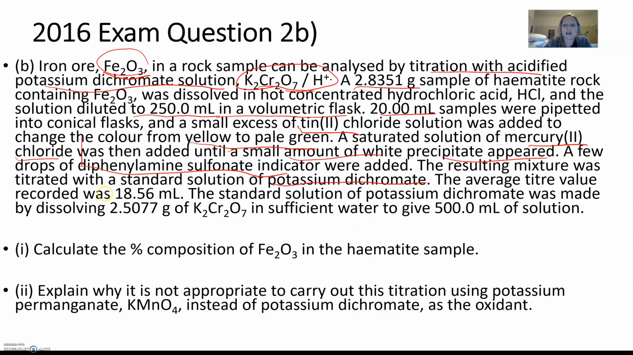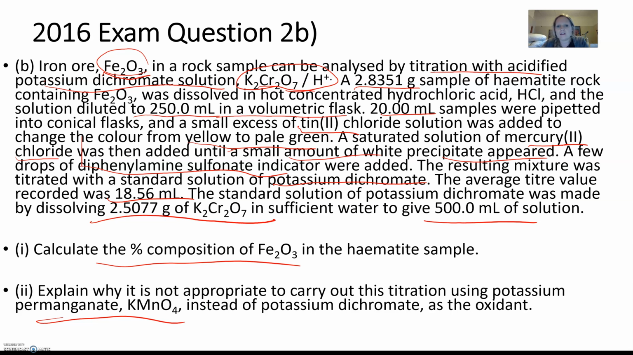The average titer value was 18.56 and the standard solution of potassium dichromate was made by putting this mass into 500 mL because dichromate is a primary standard. Now, it then says calculate the percent composition of Fe2O3 and explain why it's not appropriate to carry out this titration using potassium permanganate. Let me first of all say they try to confuse you with